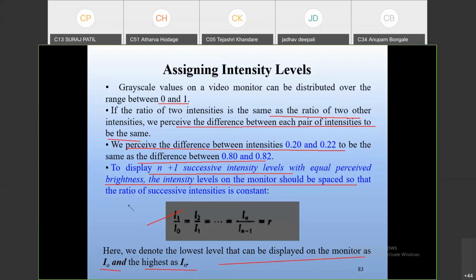IN. Everywhere we are using colors now. Previously TV screens, monitors and CRTs were black and white. But now your mobile screen, your monitors, your TV screen, all are color. So we use different color intensity levels. Only two is not sufficient for all this. So we need to use successive intensity levels, where I0 is the lowest and IN is the highest intensity level.